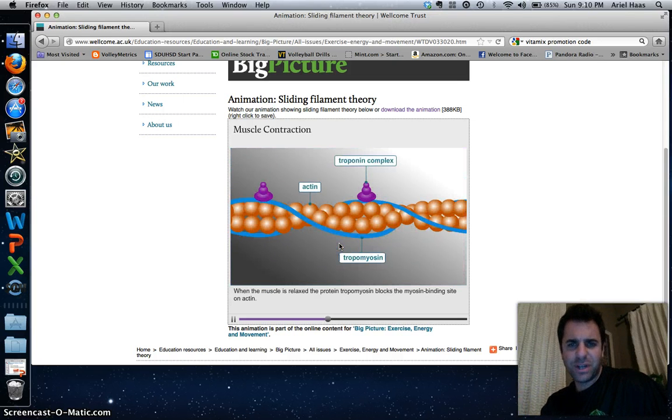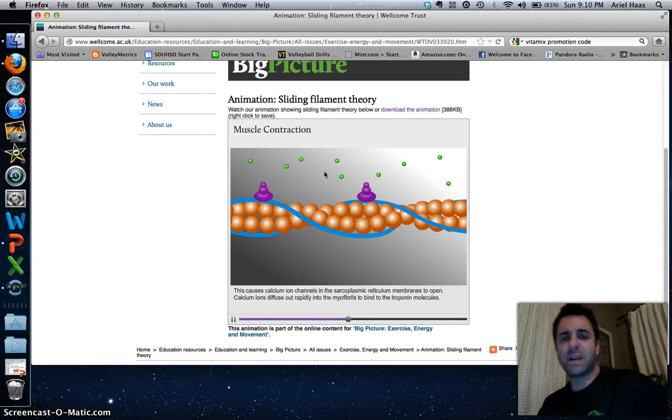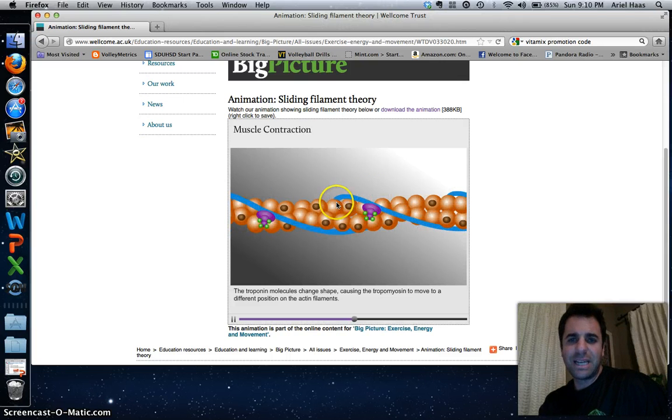Now zooming in on those structures, here we see actin. This thing that looks like purple poop is troponin, and it covers up the holes, the binding sites for the myosin. And this blue thing I call like a bike chain, helps to cover up these binding sites. This is tropomyosin. Now here comes calcium. When that calcium enters from the sarcoplasmic reticulum, it's going to bind to troponin, and that's going to cause troponin to move and unwrap or unhide, if you like, these